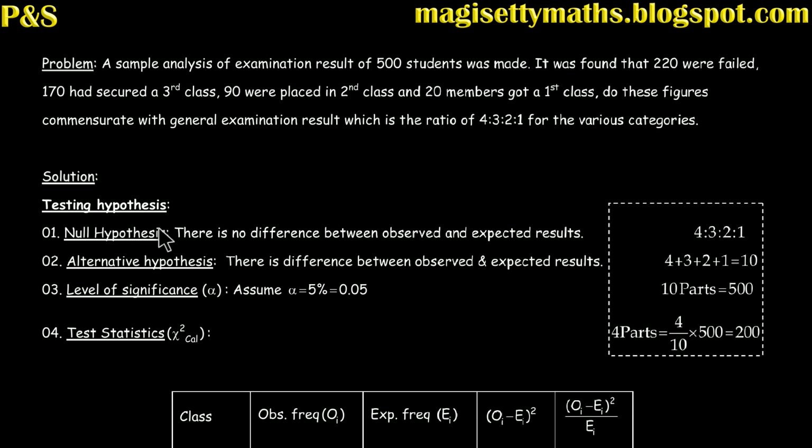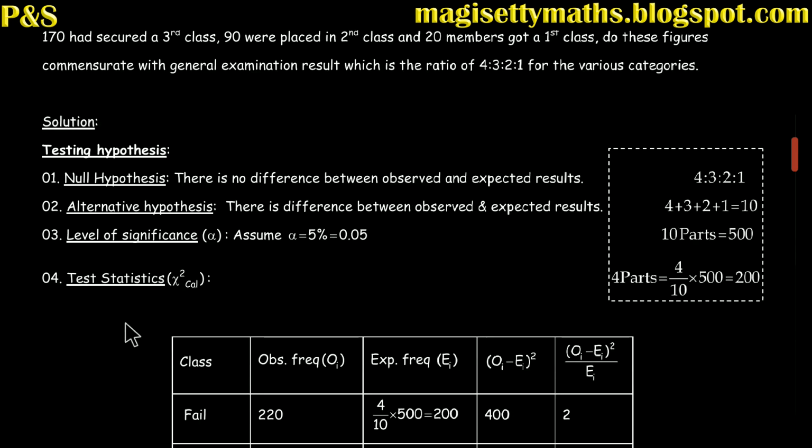Now coming to the solution. Testing hypothesis: the null hypothesis is that there is no significant difference between observed and expected frequencies. The alternative hypothesis, the complement of the null hypothesis, is that there is a difference between observed and expected frequencies. For the level of significance, assume alpha equals 5%. The test statistic is chi-square cal. To evaluate the test statistic, we have to find